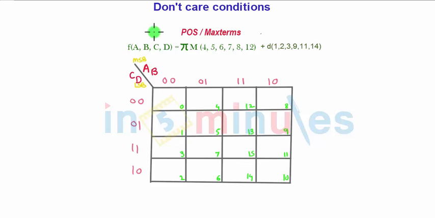Okay, just now we saw the SOP format to which we entered 1. Now here we will enter 0 for the positions to which fixed output is present. So let us start with 4, 5, 6, 7, 8 and 12 where fixed output is present. So at this position I will put zeros. So for 4, 5, 6, 7, 8 and 12 there are fixed zeros. And as far as don't care is considered, don't care is present at 1, 2, 3, 9, 11 and 14. So I'll put a cross there, that will indicate the don't care. So it will be 1, 2, 3, 9, 11 and 14. So these are the don't care cases.